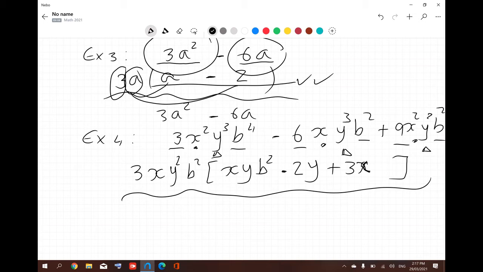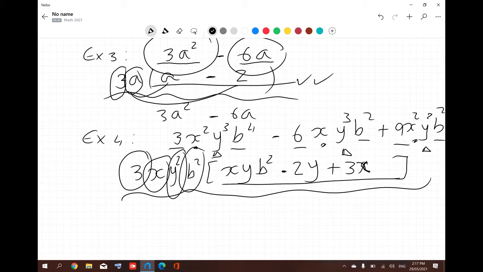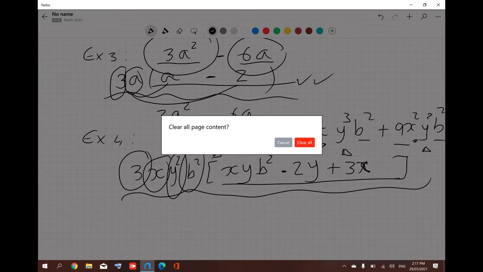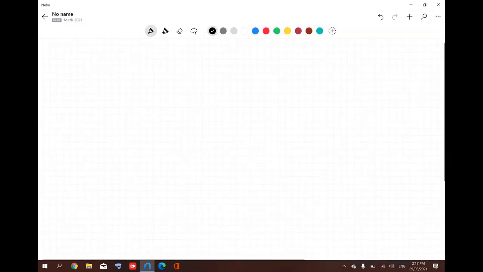From here, this term is divisible by 3, divisible by x, divisible by y or y squared, divisible by b or b squared, and divisible by this bracket too. Example 5, and this one we include brackets. So if I have example 5, the question is to factorize, and I have